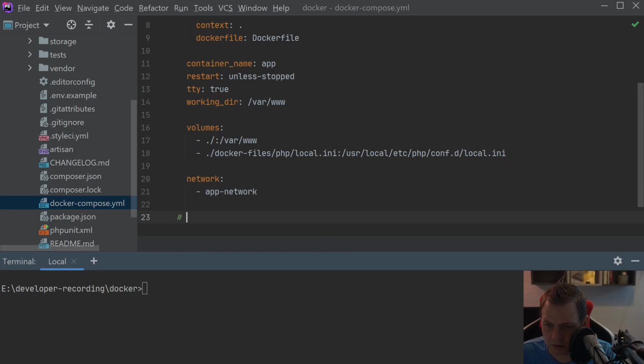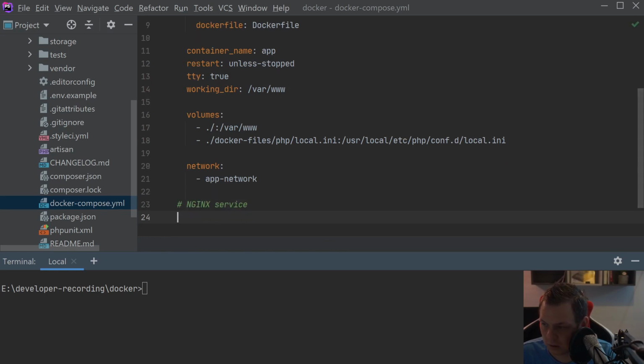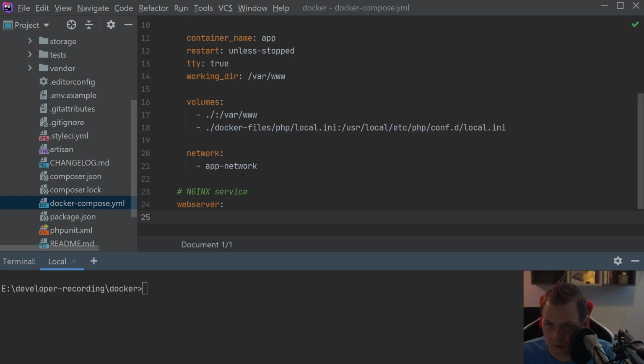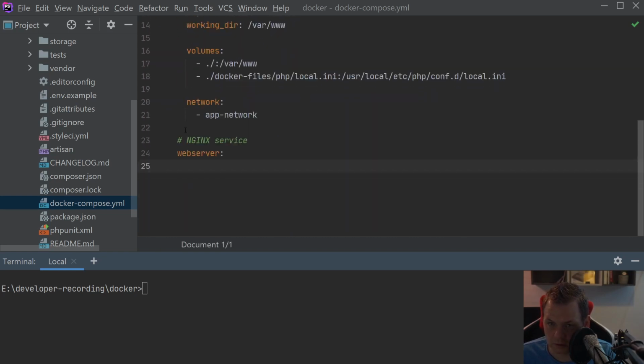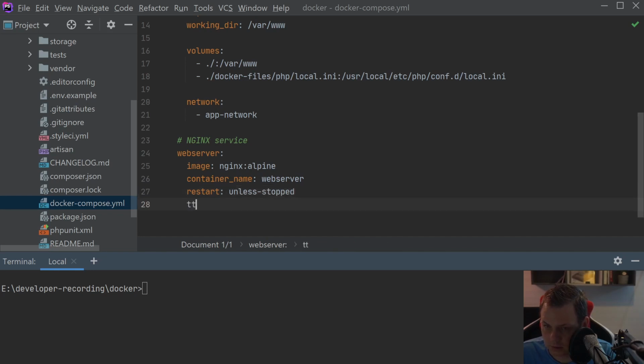And the next one we want is an NGINX service, and this should be the web server. I think we can just, yes, that's correct. And the web server should use the image nginx alpine. And the container name should be webserver, restart unless-stopped, and tty true, ports should be